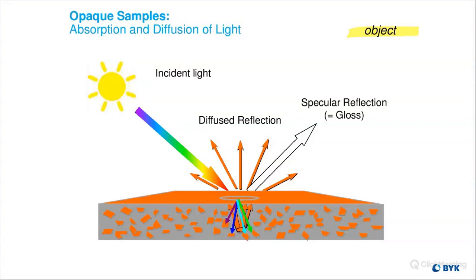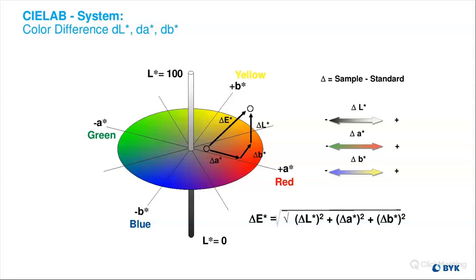Next question here from Jason. Can you explain the differences between Delta E Star, Delta E 1976, CMC, and Delta E 2000? Yes, great question. So Delta E Star was one of the first equations. As you can see, it's a very simple equation. The problem with this equation is that it's set up in a way that's very, let's say, boxy or very square. The problem is our eyes don't see perfectly, and so this equation doesn't take into account the differences in how we see different colors.